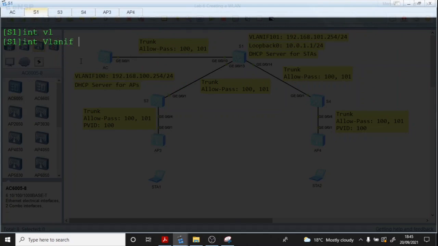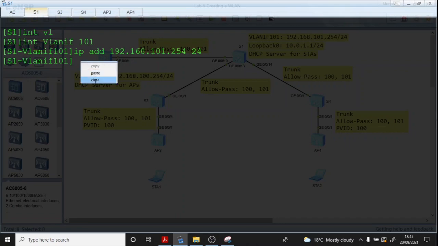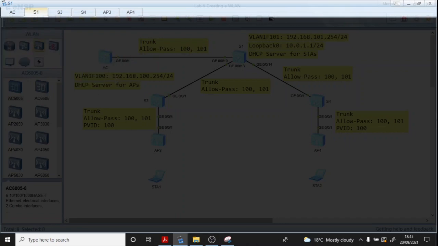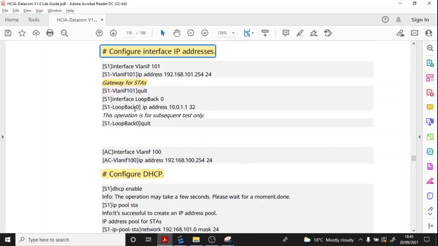So interface VLAN if 101, IP address 192.168.101.254/24. Okay. So once we are done with that, the next thing now will be,